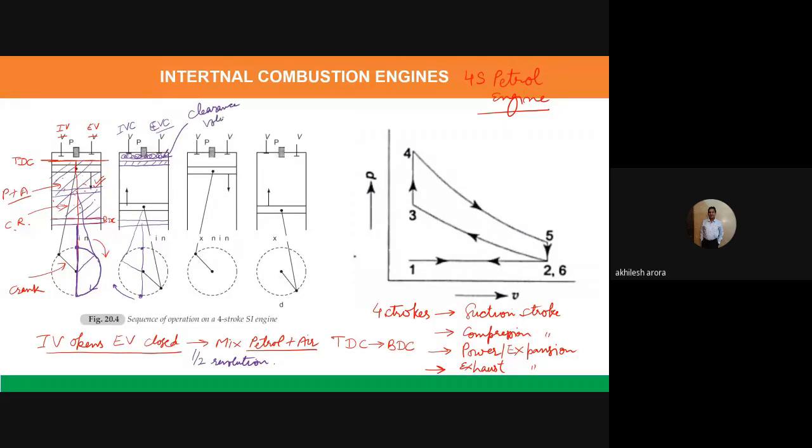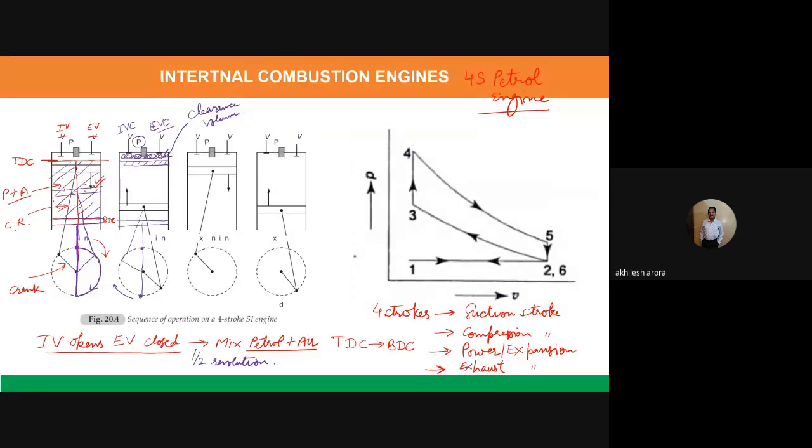And we give clearance between the cylinder head and the piston so that the piston does not strike the cylinder head. Otherwise, it can damage the cylinder head. Because there are valves in the cylinder head, and there is a spark plug in the cylinder head. This P actually shows the spark plug. Okay. Now, I hope this is clear to you.